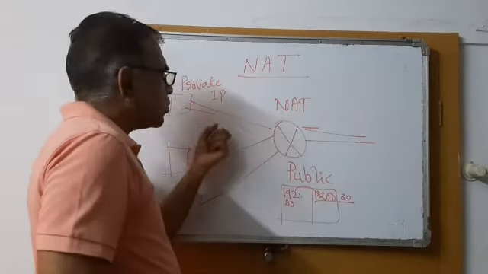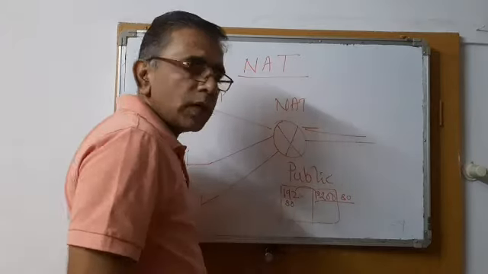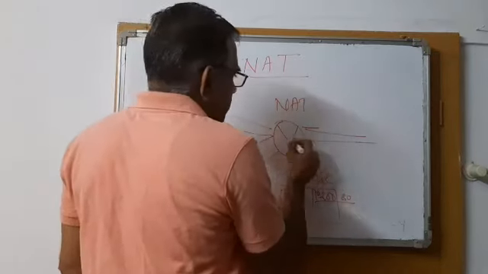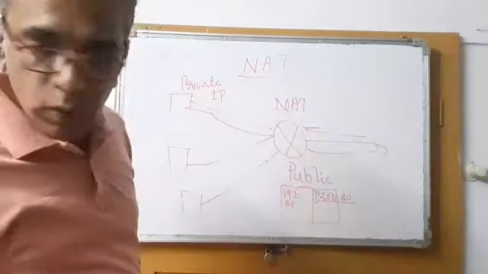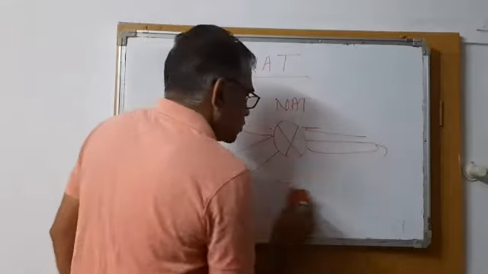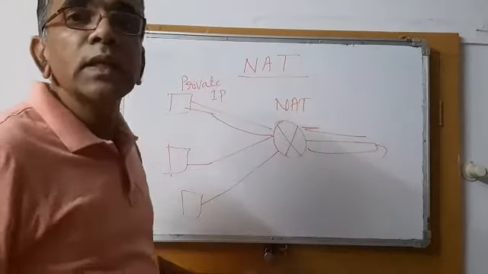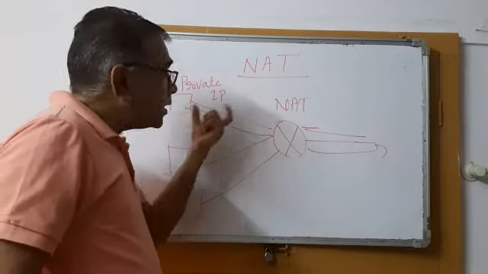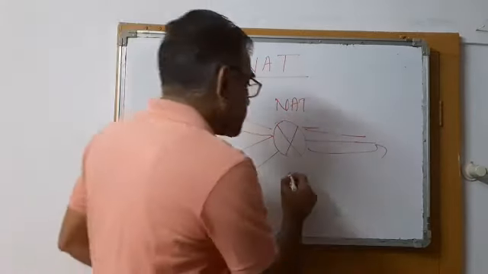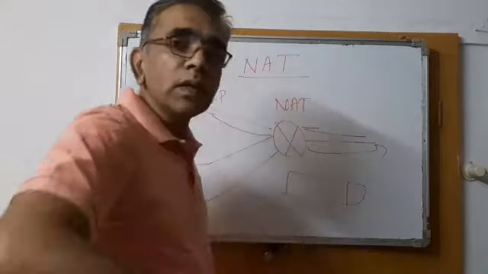Whenever a request goes out, there is no problem because this request is meant for some specific device. So based on that request, the packet is going to be routed. So what happens here when it comes to routing of packets? Normally, when it comes to IP addresses, IP addresses are fixed. It is decided by the sender. But in NAT's case, IP addresses are going to change. While leaving the organization, the IP addresses will change.